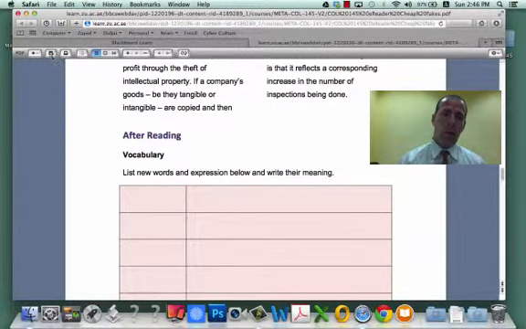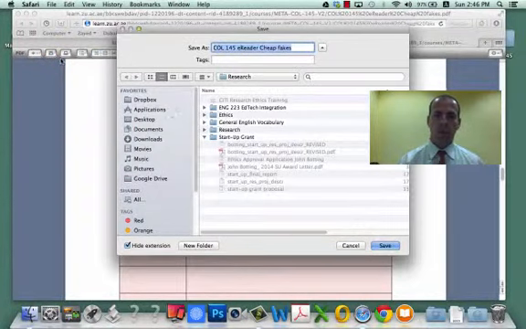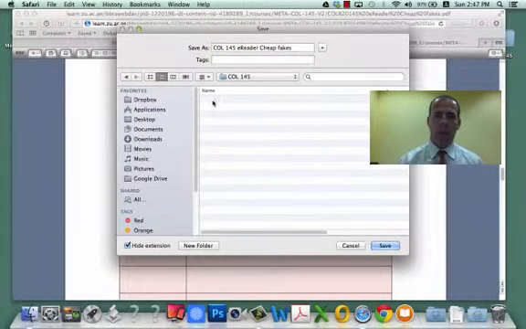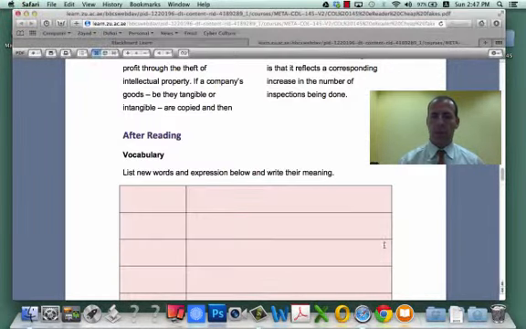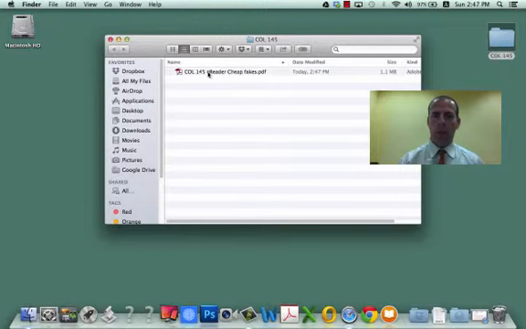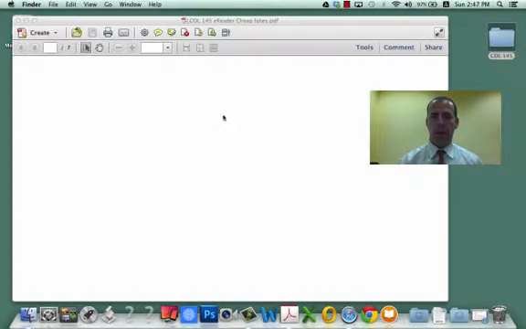So let's go over here and click Save, and I'll go to my desktop, and the folder I'm going to is the one right here. Call 145, okay. Call 145, e-reader, cheap fakes, sure. There it is. So now I can close this document. Alright, well, let's just compare. I'm going to open up my folder, open up the PDF version,